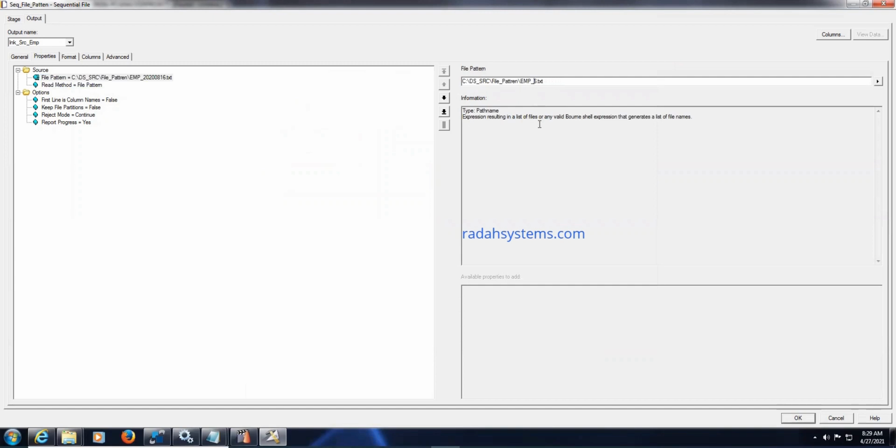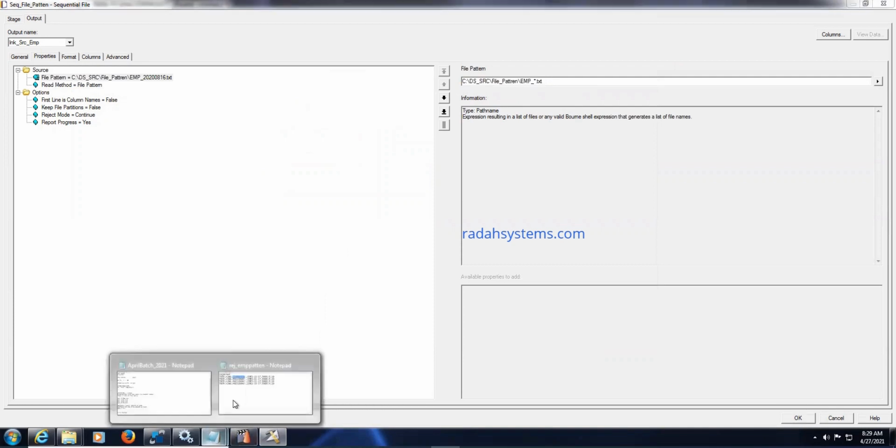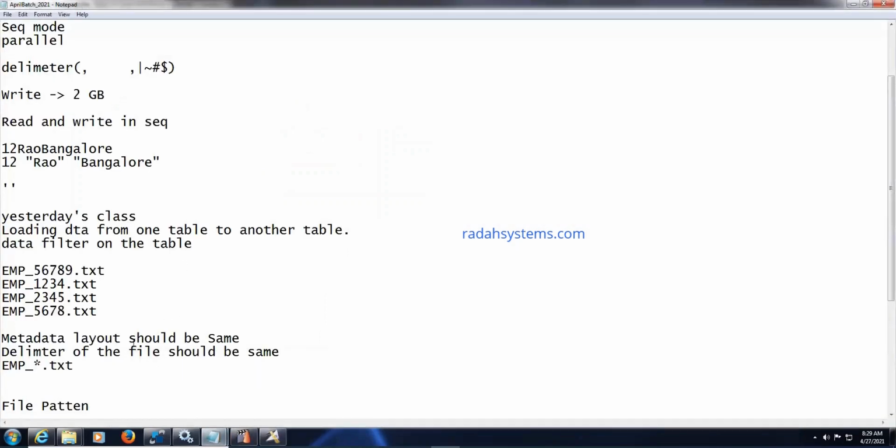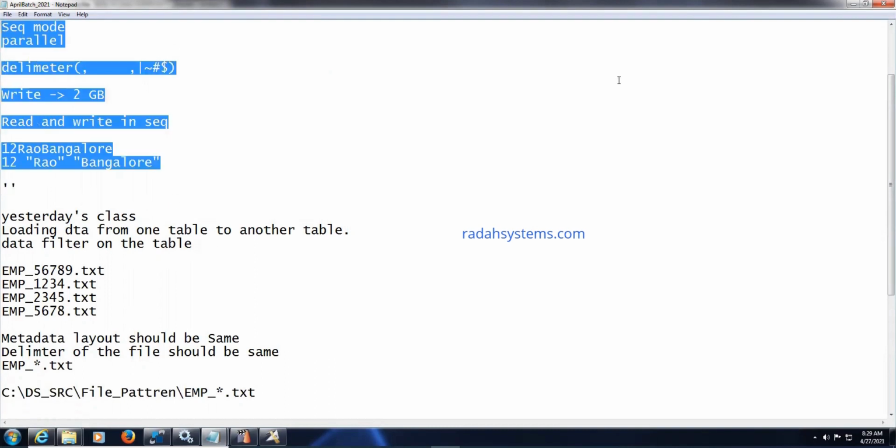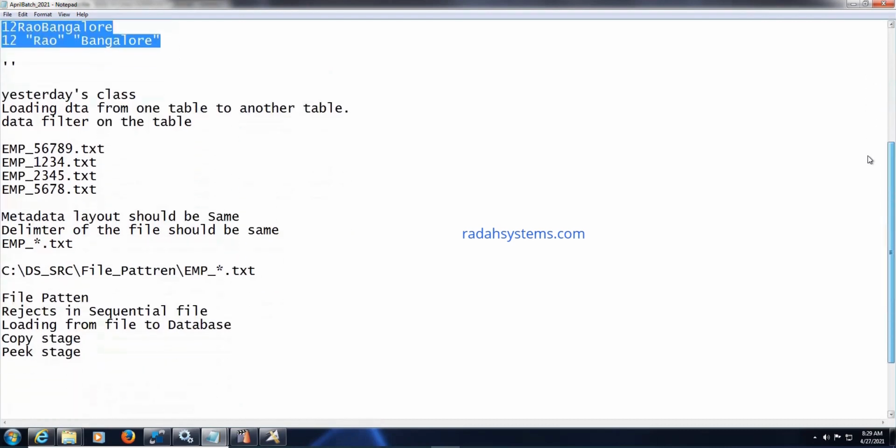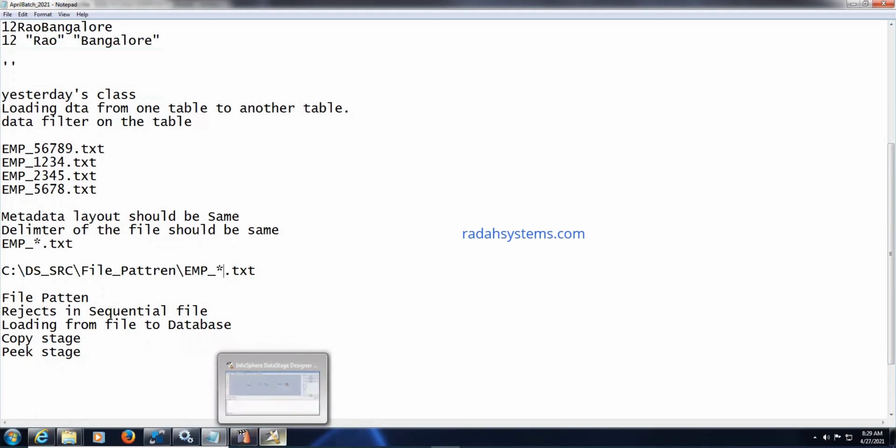So there you can keep a star. So all the files starting with emp underscore will be captured. So here it is emp underscore star dot txt. All the files with that pattern will be extracted.